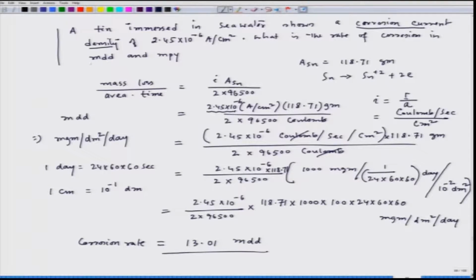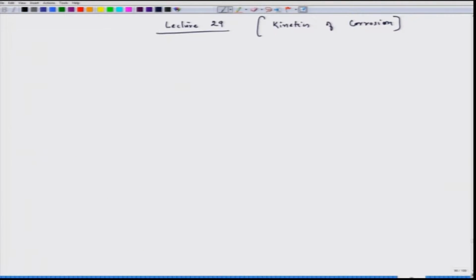We had to calculate the corrosion rate in the form of MDD by using the corrosion current density that was provided to us. We did a little bit of conversion of units and then we got the value, which is 13.01 MDD. Now, we have to find the corrosion rate in the form of MPY. There are two ways. One is once you know MDD, you can convert that MDD into milli-inch per year, or you can start with the basic equation, which is corrosion rate